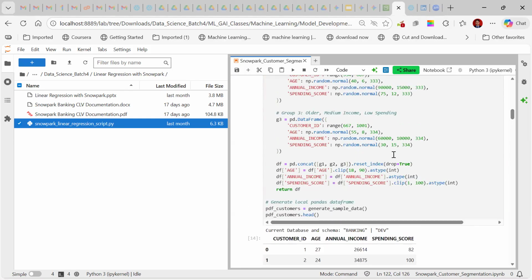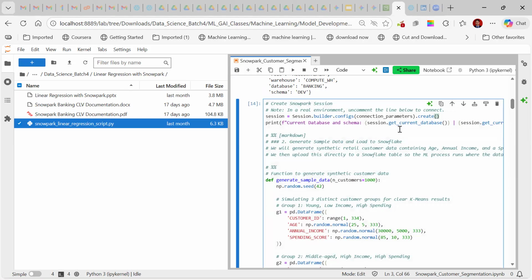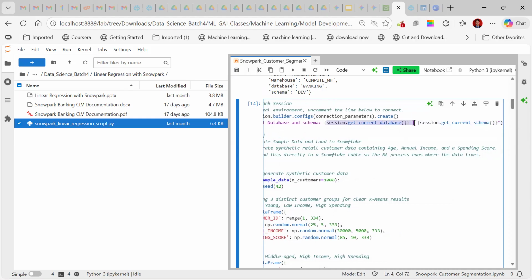The use database you missed it. Write the session dot SQL. We'll do that, one minute. Current database. It is just printing the current database, not using it. Okay. So we need to point to the...